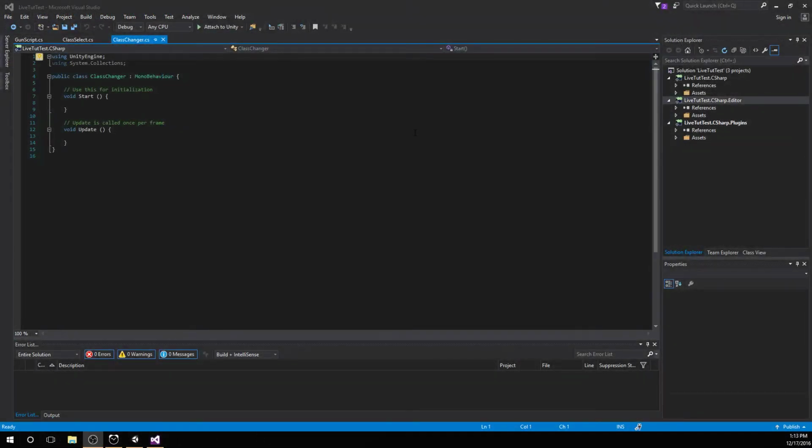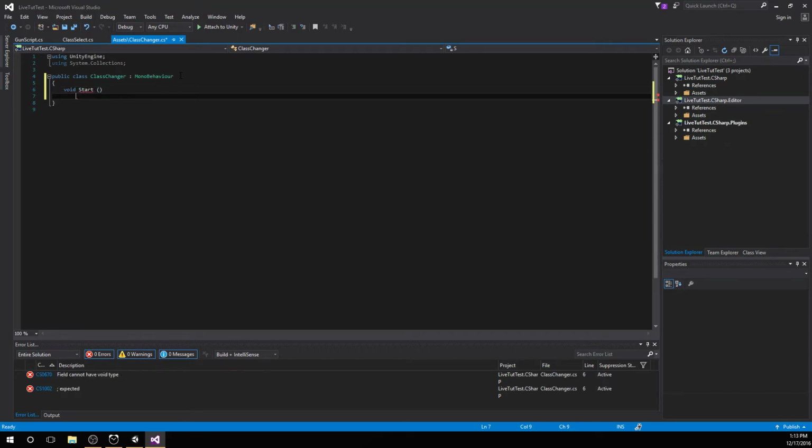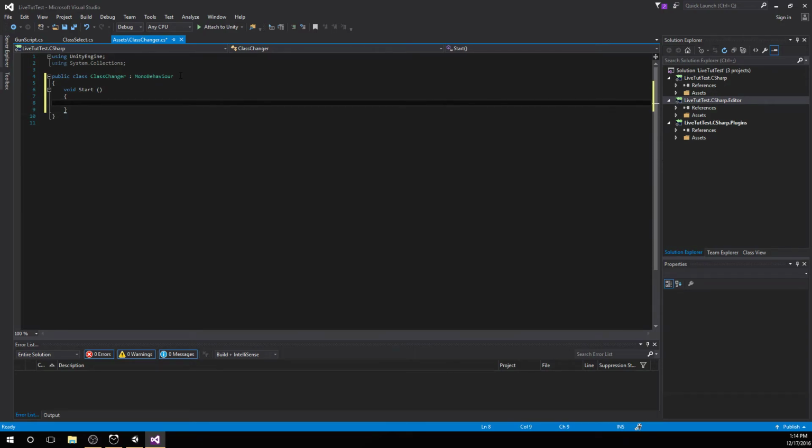All right, so I'm going to go back to my class changing window, and I'm going to delete everything as usual. We don't need to add anything like we did in the last one. All we need to do here for now is create a void start. This is the function that's going to actually run as soon as we start the game. So as soon as the scene loads up, the first thing that's going to happen is this. We're going to make a string inside of this function called curClass. That's just short for current class. And then we're going to set it equal to